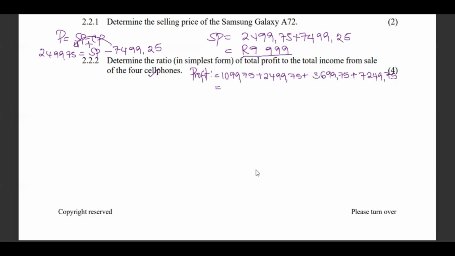So the profits are 14,500. So these are the profits. What about the selling price? Because now we are looking for the income. Income, remember, is going to be the cost price plus the profit. So we are going to add all the cost prices. Afterwards, we add on the profit, which will be